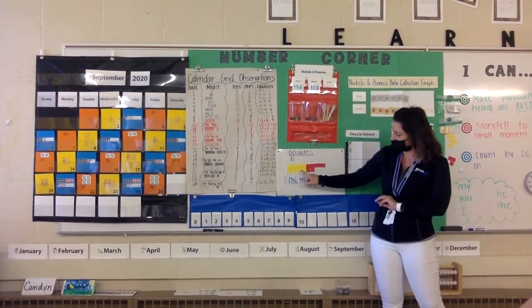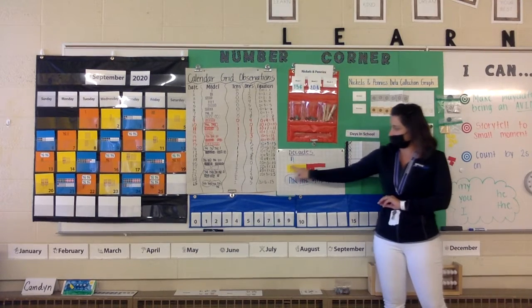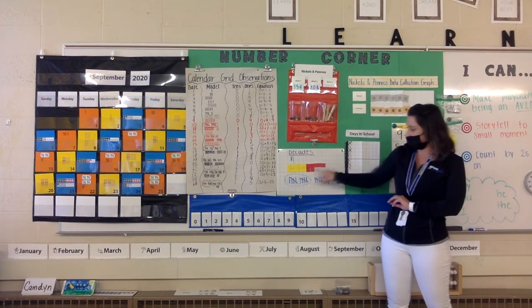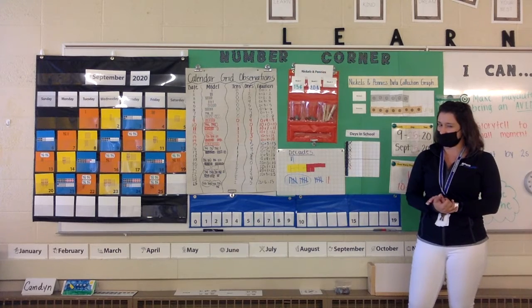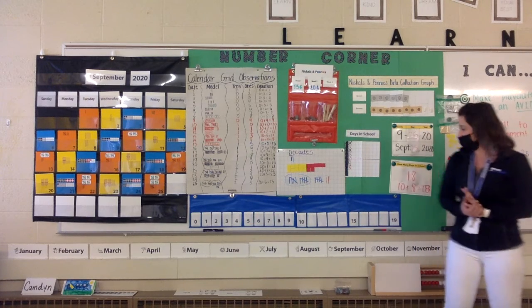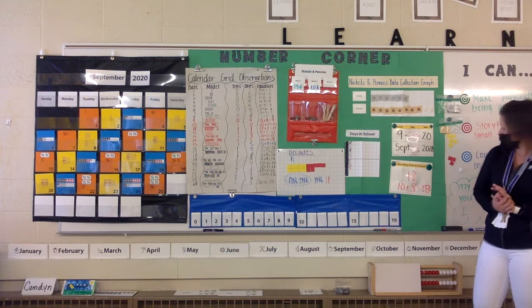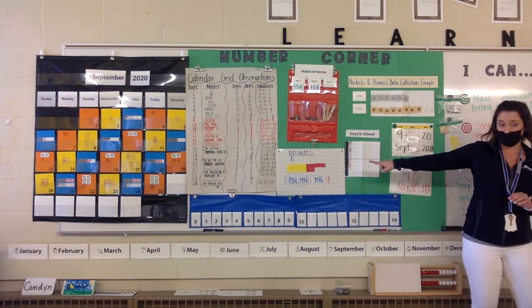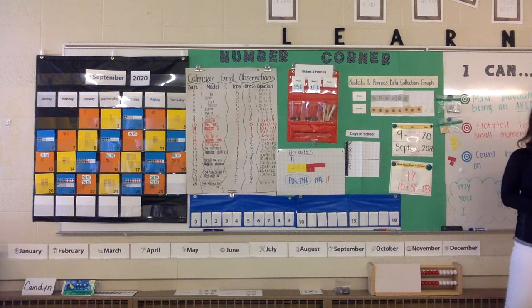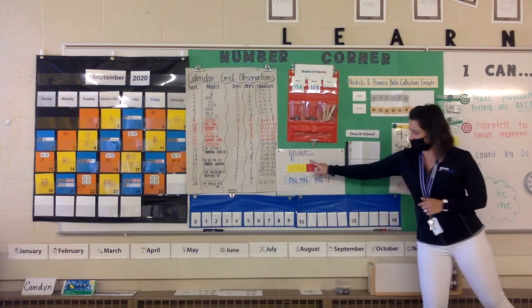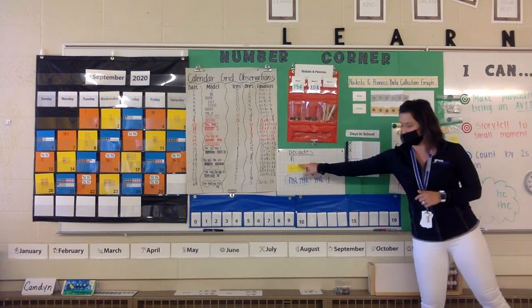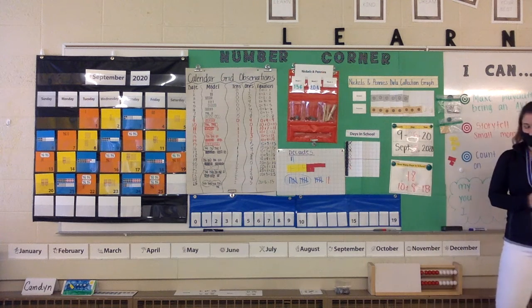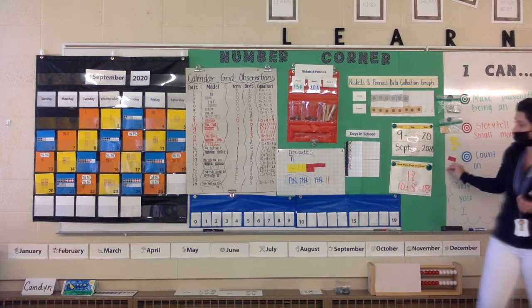Yesterday we had 17, and we can see that because, check out the yellow. There's a group of 10, and we know that 5 and 2 more is 7. So that's 17. Dom? Why do you have more extra yellow on this? Oh, these are just so I can add to it. How many more do I have to add to make 18? Yesterday was 17. We can see that a 5 and a 2 in a group of 10. Do you know? Adele? You need to add 1 more. Just 1 more. And that would be 18.